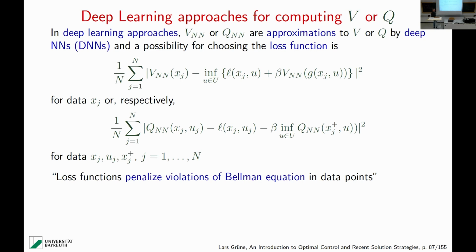So you are now trying to approximate a neural network function with some values. Yeah, they are not known. That's the point. I'm not computing the value function beforehand. It's not supervised learning. It's reinforcement learning. I'm trying to find a function that satisfies the Bellman equation by minimizing the violation of the Bellman equation.